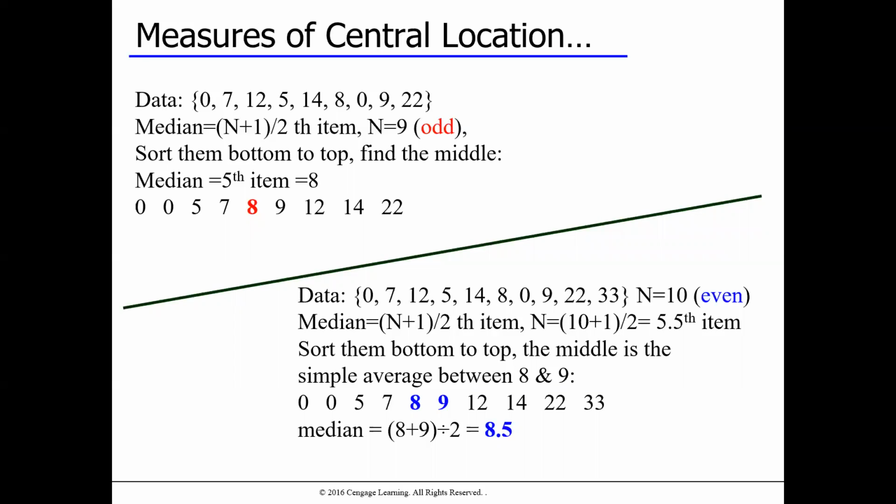Let's talk about the second example. Here there are 10 cases, an even number of cases. Again, to find the median, we have to find the (n plus 1) by 2th item, which comes to the 5.5th item. How do I find the 5.5th item? I'll arrange the data from smaller to larger, and it will lie between the 5th and 6th item. So I'll take the 5th and 6th, which is 8 plus 9 divided by 2. So my median value will be 8.5. Again, taking the concept of median, we can see that 5 values are below 8.5 and 5 values are above 8.5.